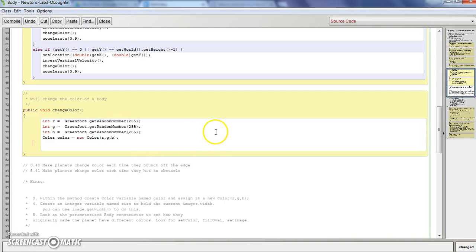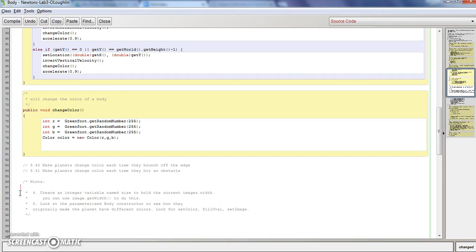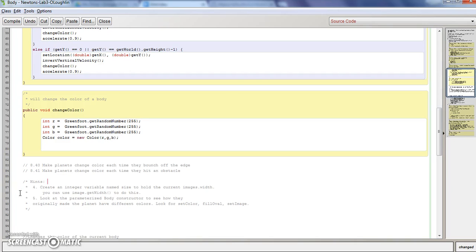This is a continuation of problem 840, and we had just finished creating a new color with the red, green, blue blend. So I'm going to delete that step. It makes me feel like I've accomplished something when I cross them off or delete those steps. Now the next few lines of instructions are probably not quite enough to get it accomplished, so that's another reason